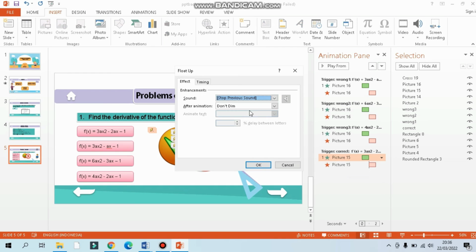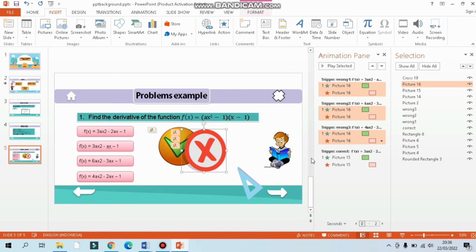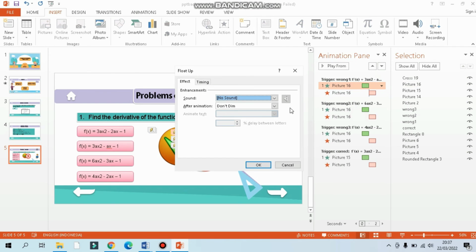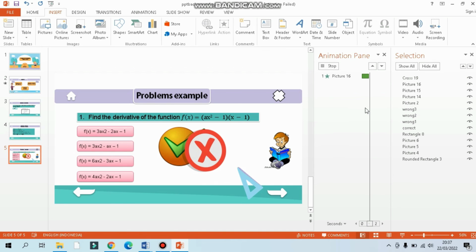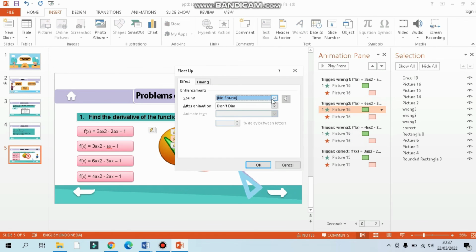We can choose the sound applause. Next, for the wrong one, I click effect options and the sound is boom. Do the same with the other picture.